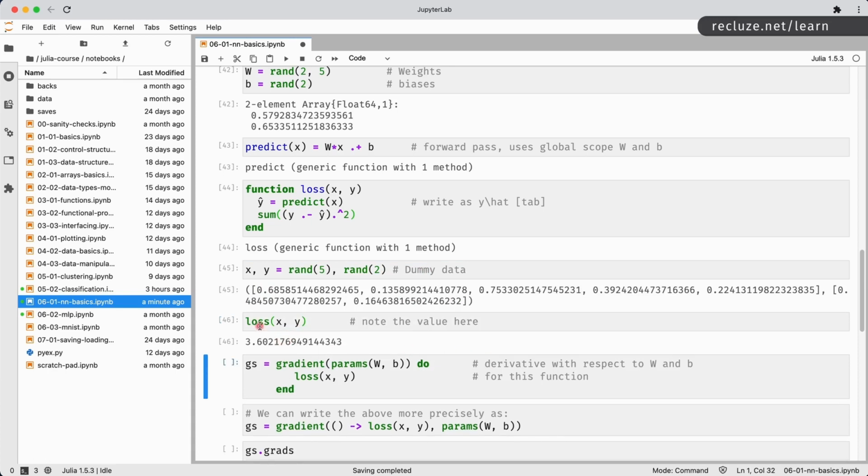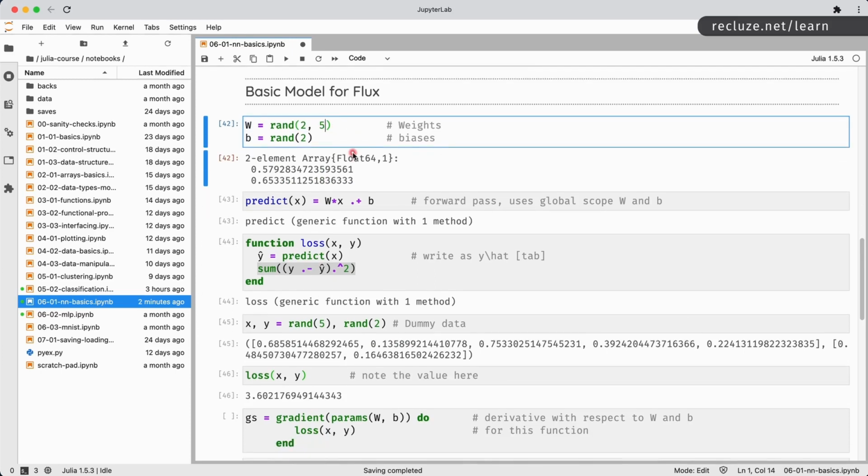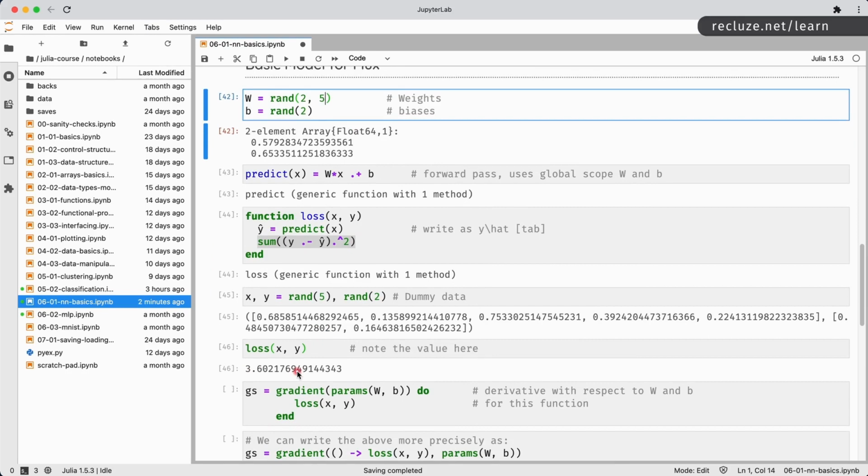What loss does is we predict a y for these x values and we calculate what the difference is. Because w was initialized as random, we are going to get some random loss over here, 3.6. It's not good, obviously. We are going to improve this by applying the backward pass.